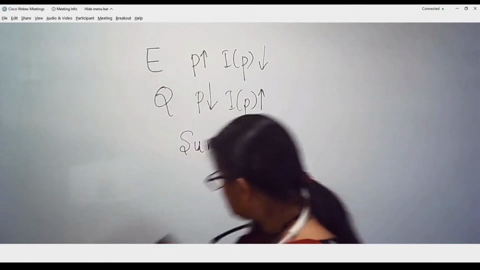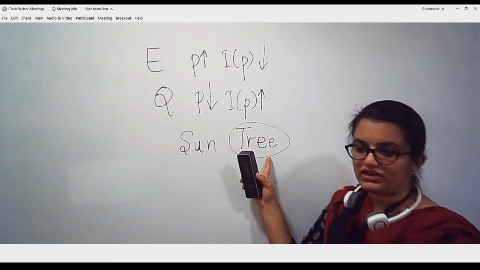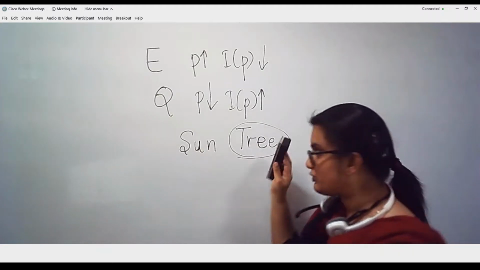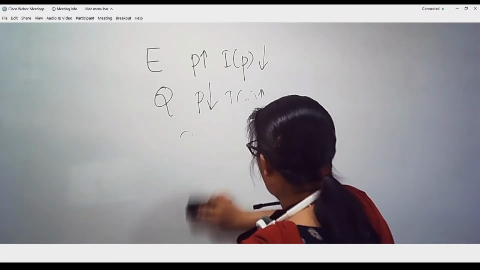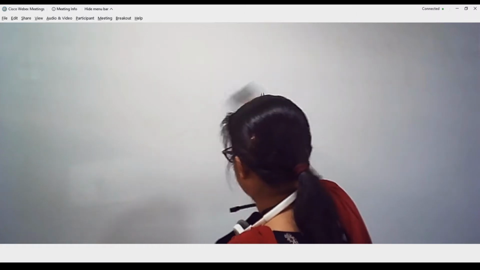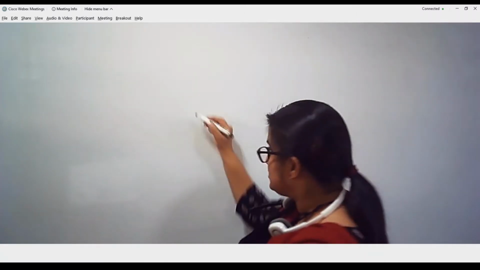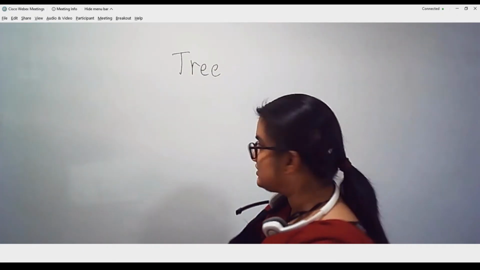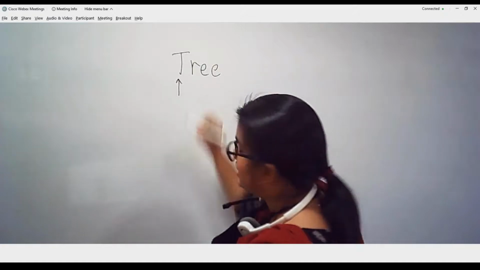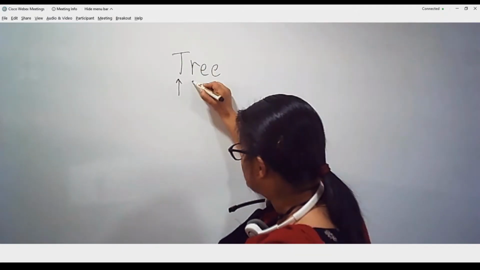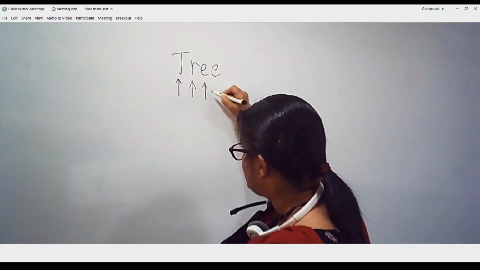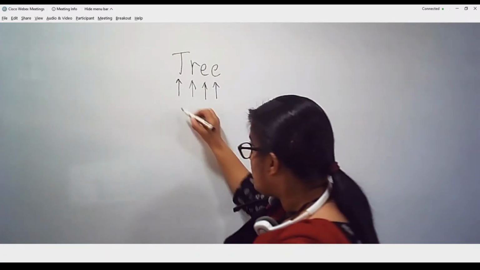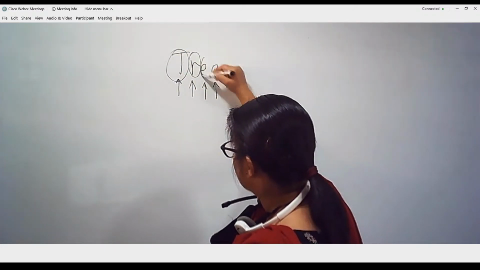So here is one thing, the dependency of an alphabet on the preceding alphabet. There is a process that we need to come across. You need to understand one thing over here. Whenever I am writing a message, let's suppose I take this example itself, which is tree. Appearance of T is random. Appearance of R is also random. Appearance of E is also random. Appearance of this fourth alphabet is also random. All these are random quantities.